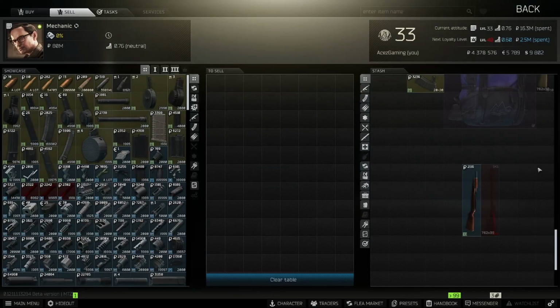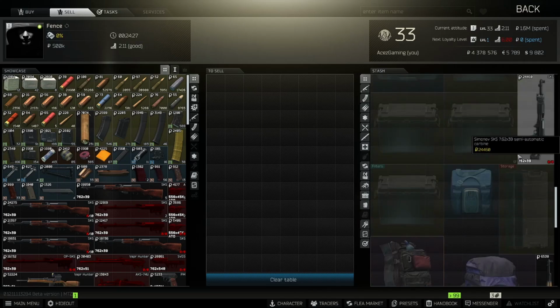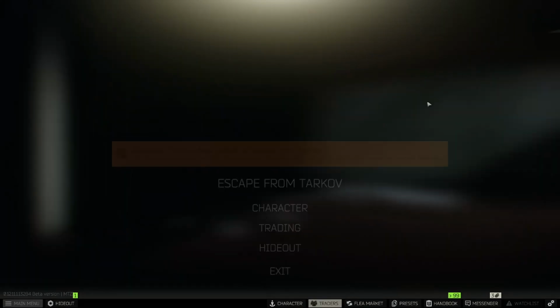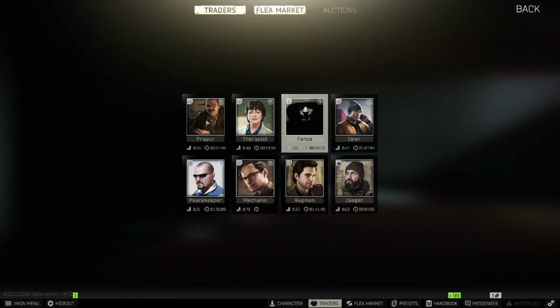All right, we're on mechanic's sell screen. We could sell that wood stock for 2,116 rubles, and we could go to fence and sell the body, if we were doing it this way, for 4,541. So that together will equal 6,657 rubles. Now let's go ahead and put these together to make the entire SKS